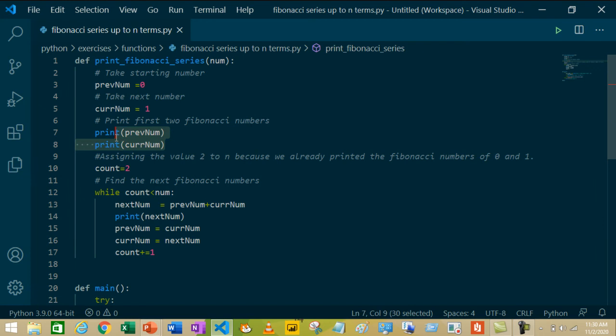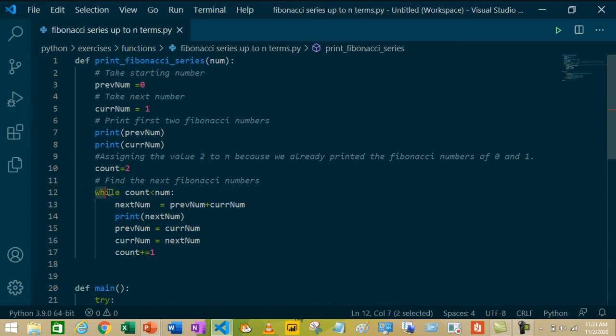Next, we are printing the first two Fibonacci numbers, and we are creating a variable called count and assigning the value 2 to it because we already printed the first two Fibonacci numbers, which are 0 and 1.